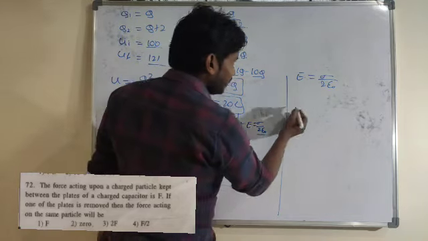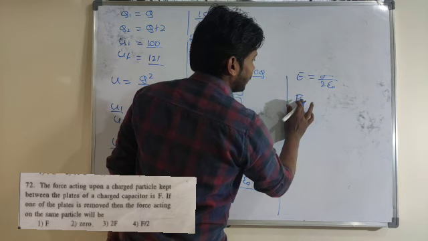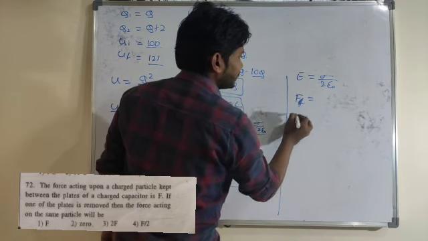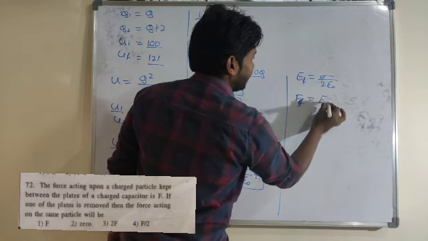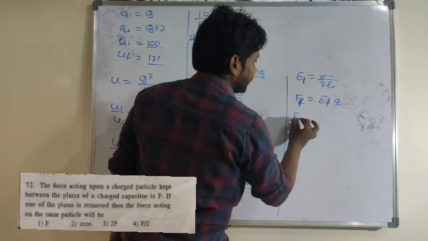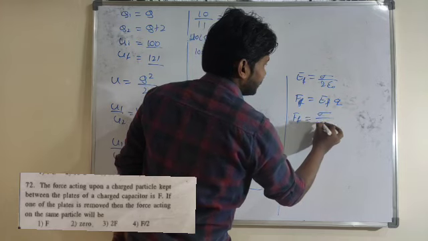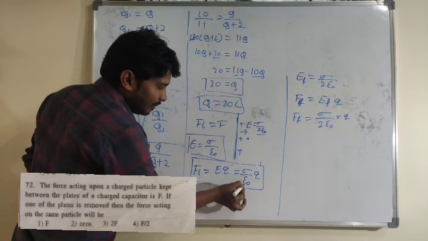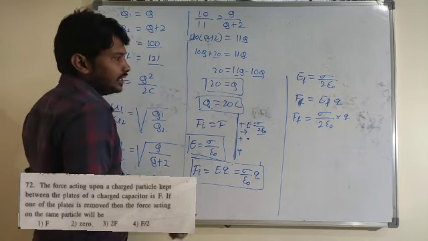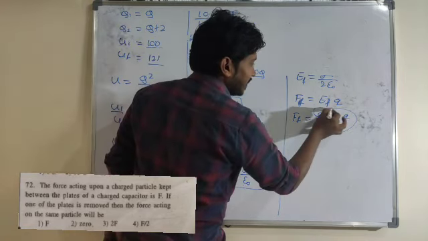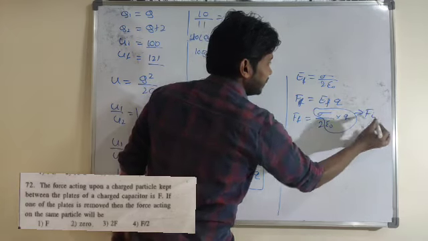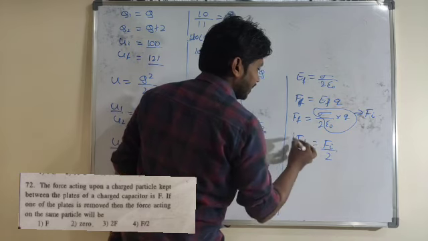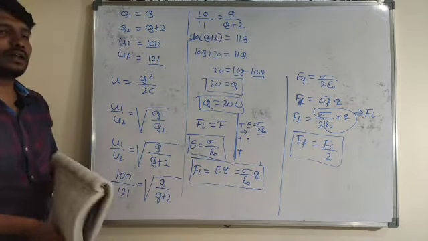Then the final force is the final electric field into charge, so sigma divided by 2 epsilon naught into Q. Sigma by epsilon naught into Q is nothing but the initial force, so the final force is equal to the initial force divided by 2. The force decreases to half of the